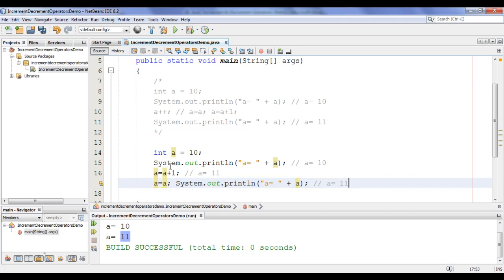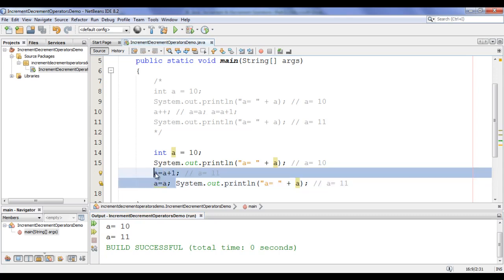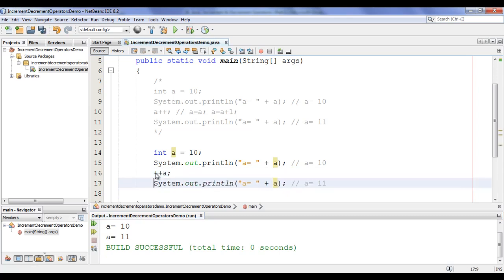If I execute this code also, we get a equal to 10, a equal to 11 displayed. I say run project. You see that we got the same output, a equal to 10, a equal to 11. Instead of writing a equal to a plus 1 semicolon, a equal to a semicolon, simply we can say plus plus a semicolon, guys.